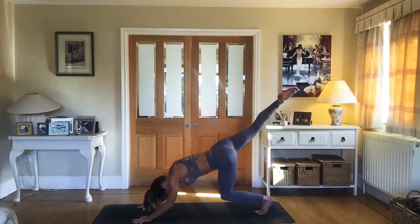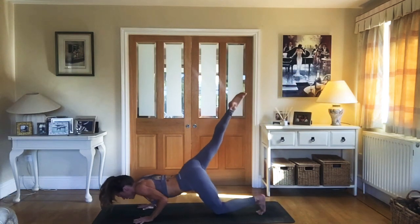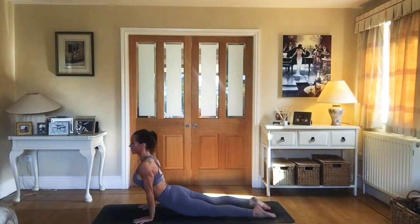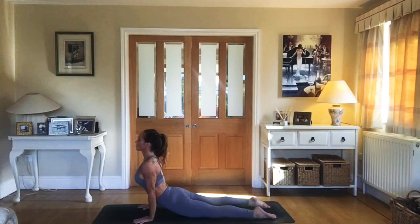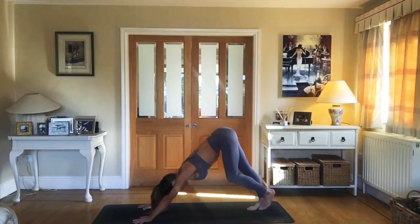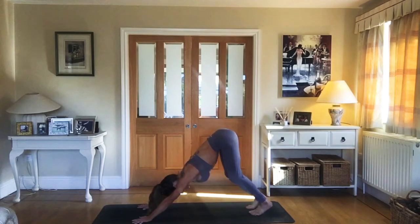Bend the elbows, gaze forward. You can lower your left knee to the earth here for support if you want. Keep the right leg lifted and then pull the body through into your upward facing dog. Exhale, pull yourself all the way back into your downward facing dog. Take an inhale here